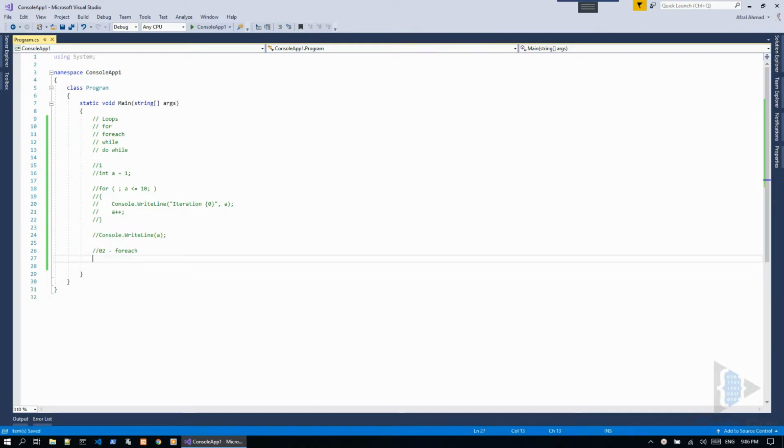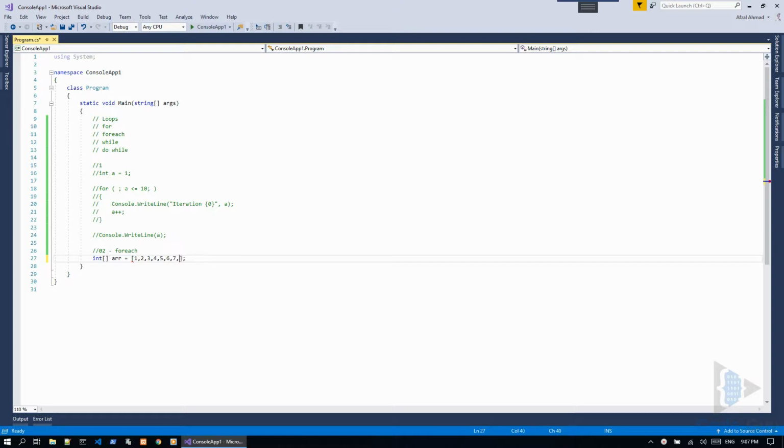So foreach loop is similar to for loop, but it usually is meant for a collection, and because we didn't discuss collection for the moment, just take it if you want to do iteration over a list of anything or arrays of anything. So for simplicity, right now I'm gonna go with an array of integer, and I'm gonna call it simply array, and I want to initialize it with some numbers inside. So I'm gonna go with 1 2 3 4 5 6